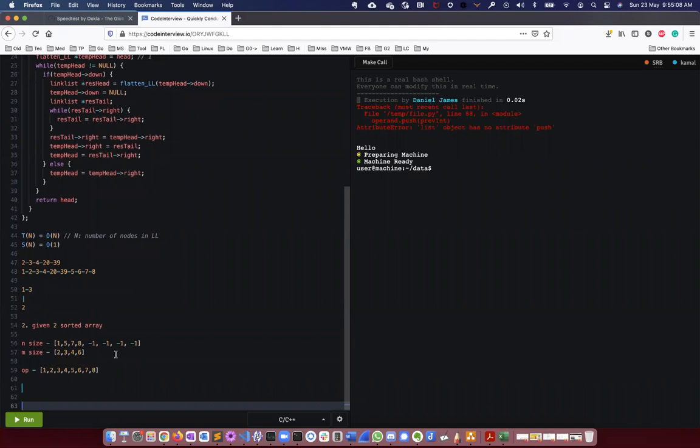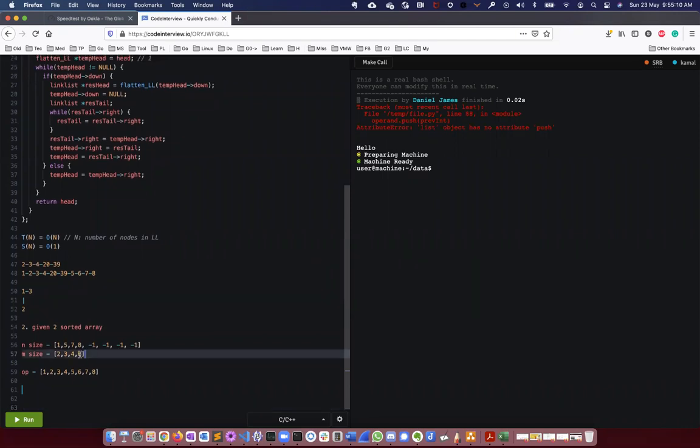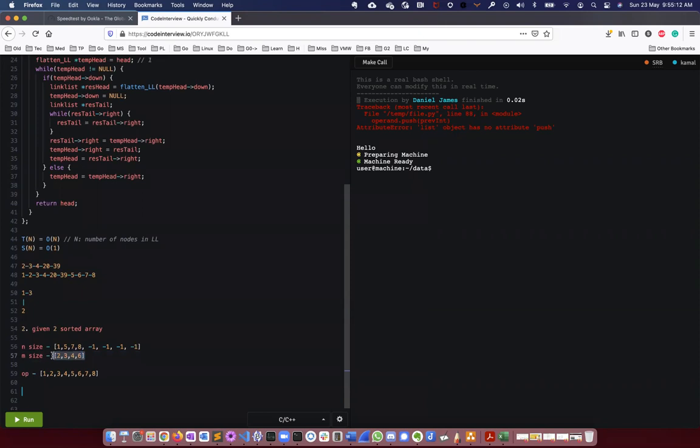Yes, actually you want in place sorting, right? All the second array elements should be present in array one, and it will not take extra space, and that is the expectation, right? Right.